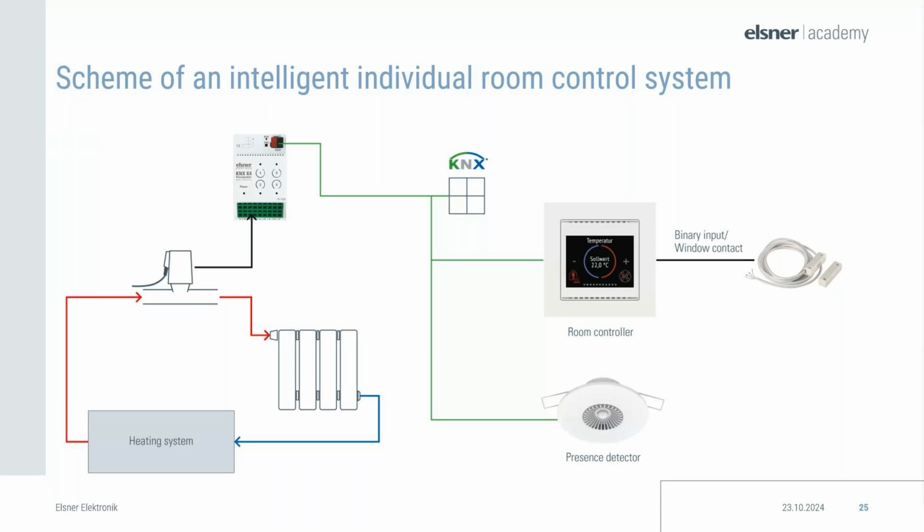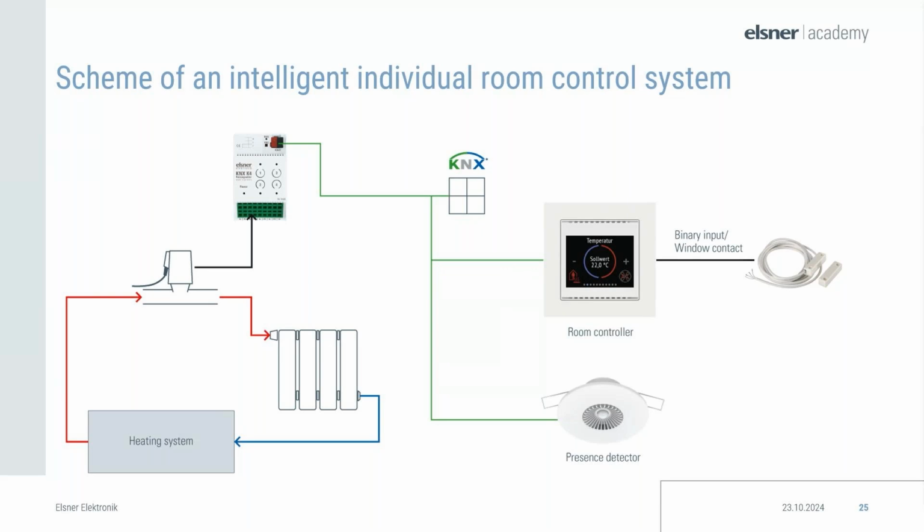The actuating variable is sent to the heating actuator in a percentage. So this opens and closes the actuator or the valve depending on the specification. The controller has an additional binary input via which a window contact can be integrated in the control. Via this window contact, the heating system can, for example, lower the temperature to frost protection mode when the window